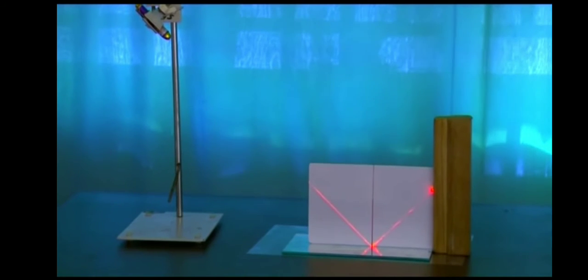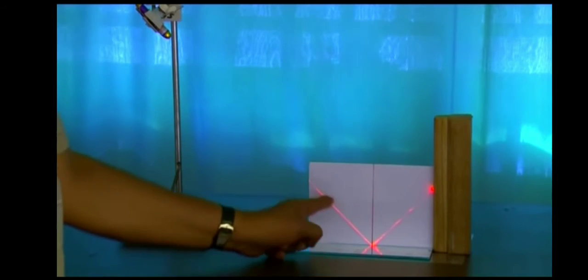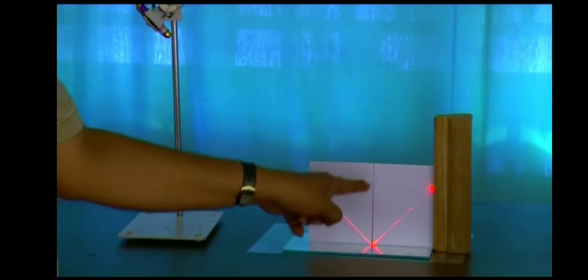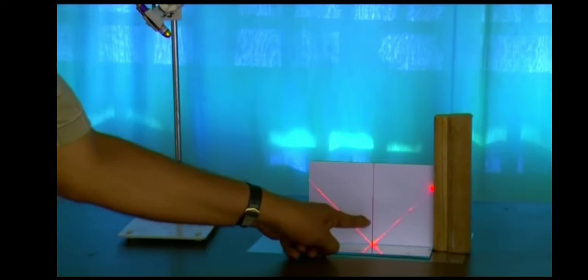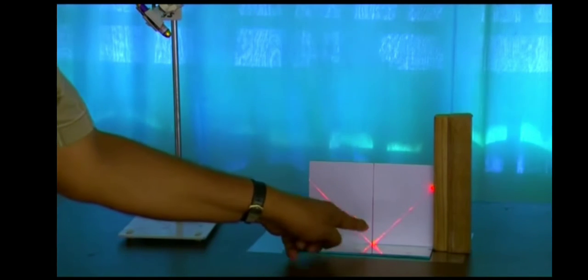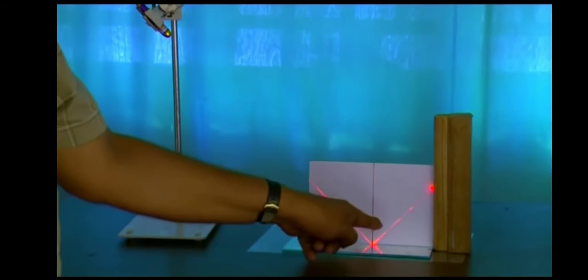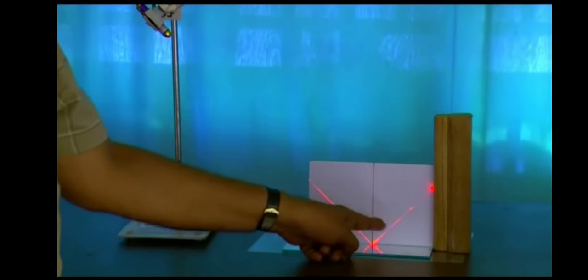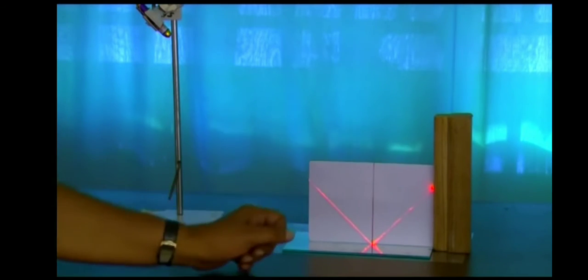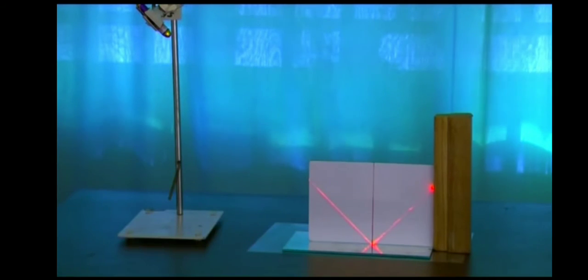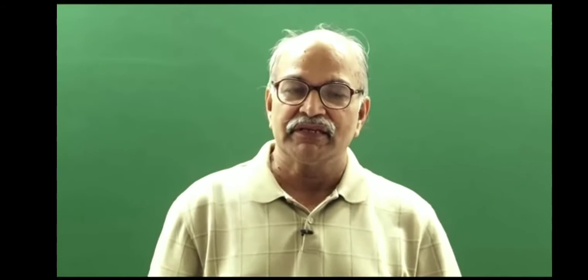And then the angles. The angle between the incident ray and this normal is known as the angle of incidence. The angle between the normal and the reflected ray is known as the angle of reflection, I and R, and the law says that I should be equal to R. So with these two laws of reflection and doing some geometry, you can easily see how a plane mirror makes